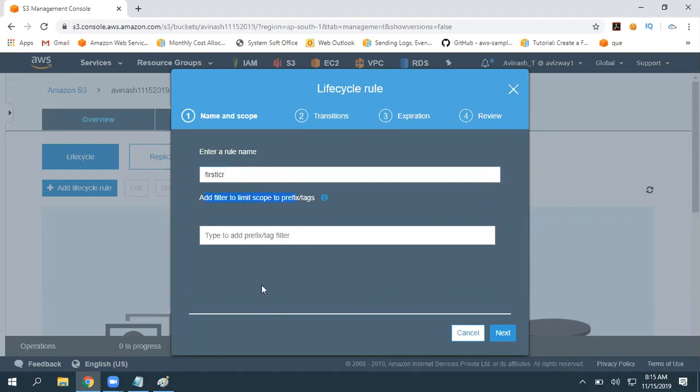Then add a filter to limit scope to prefix or tags. For example, if you want to apply this lifecycle management rule to a folder inside this bucket, we can add that as a prefix. Or else, whatever data you have with a particular tag, only that will be applicable. If you want to apply to the entire bucket, leave this blank.